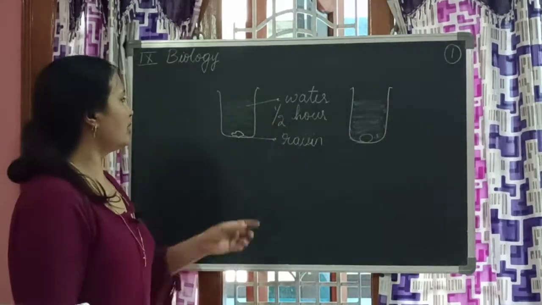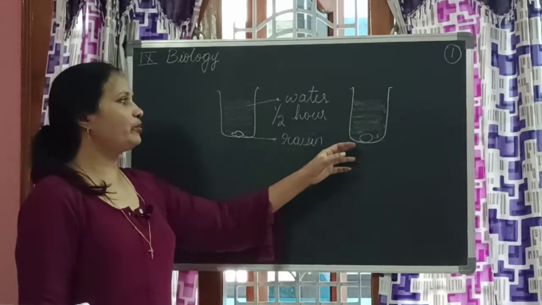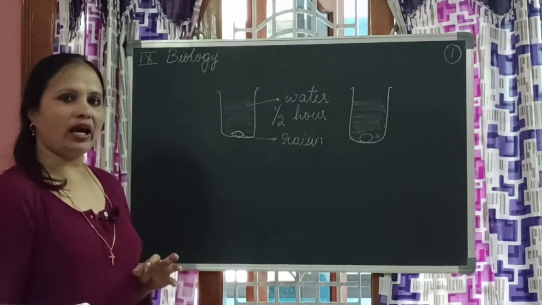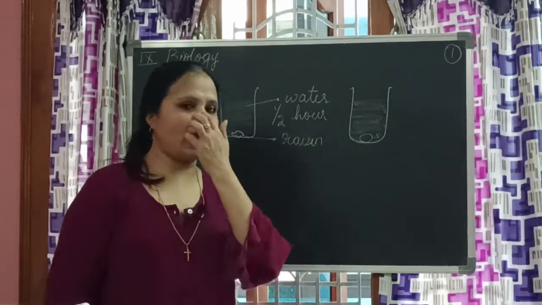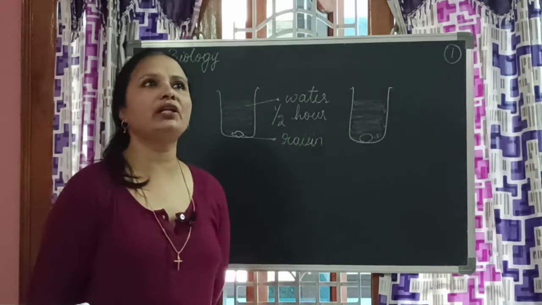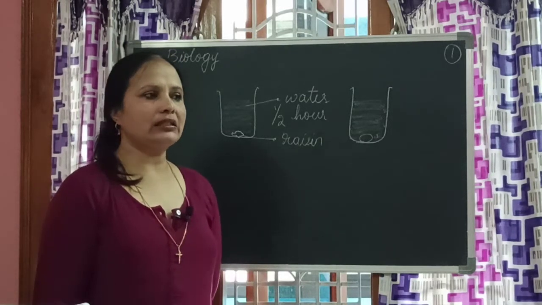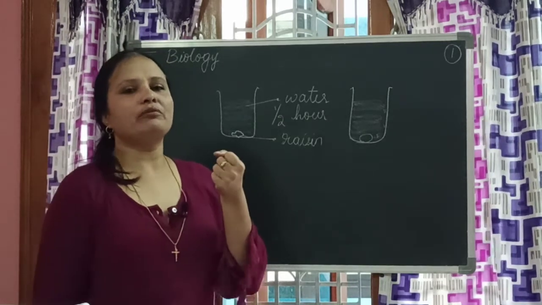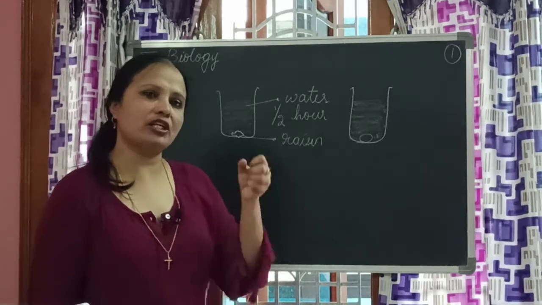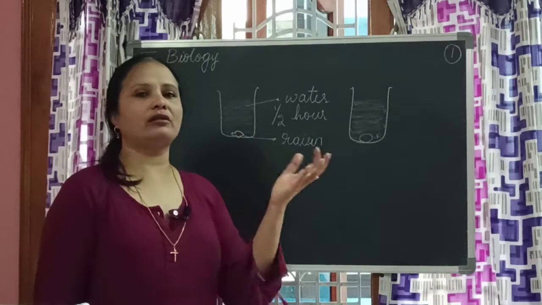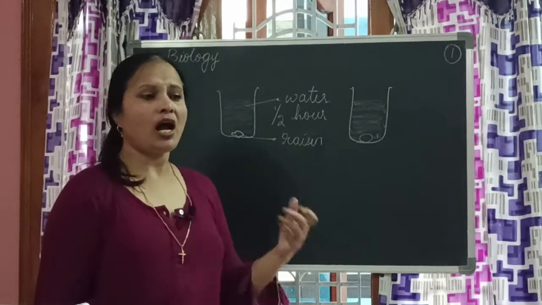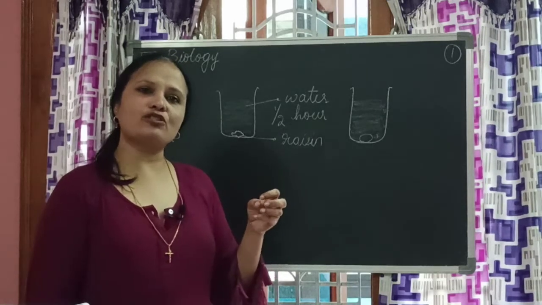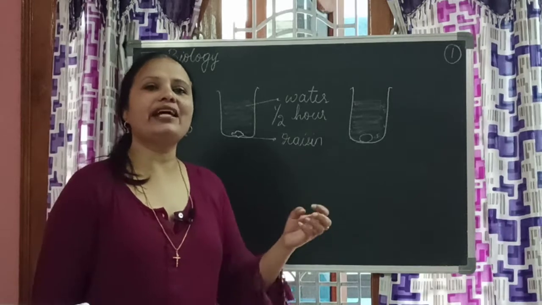So what is the reason that this wrinkled raisin has now become a bulged raisin? You take it out and you can even check it. Likewise, you might have noticed if there is any dry vegetable at home, for example, a carrot is wilted and it has lost its moisture and is becoming wrinkled. Then to make it look fresh, your mother puts it in a tumbler of water. After half an hour, the carrot looks normal again. That means the water that it has lost during drying, it has regained.